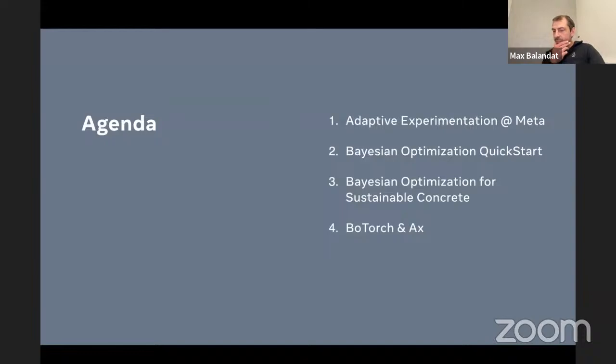I'll go over some intro to Bayesian optimization, and I have a little bit of a last mover advantage here because Taylor went over this, so I can breeze through and then spend more time on the actual main part of the talk, and then talk a little bit about the tools that we build and maintain as well that you may or may not use as part of this.